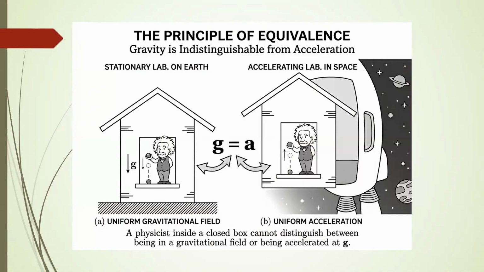Are you getting my point, ma'am? Yes, sir. I understood. The purpose was something else. He wanted to see differently. He wanted to see gravitational force as pseudo force. That's why he denoted the acceleration of this spaceship as g. He could have taken some other value also, but he could not then attribute it to the pseudo force. He wanted to explain that g may be some pseudo force kind of concept. He wanted to establish this thing. That's why he explained it this way. Okay, sir. Thank you.